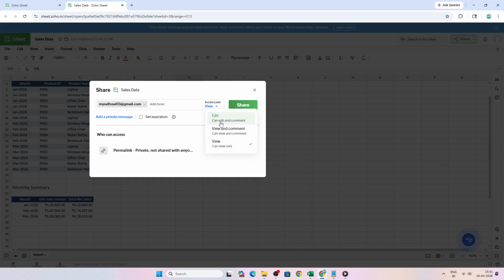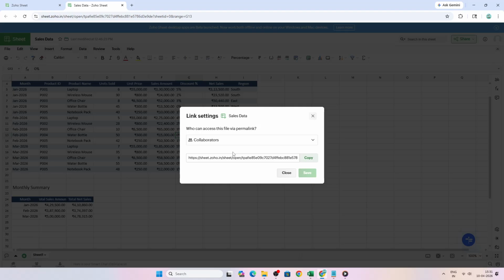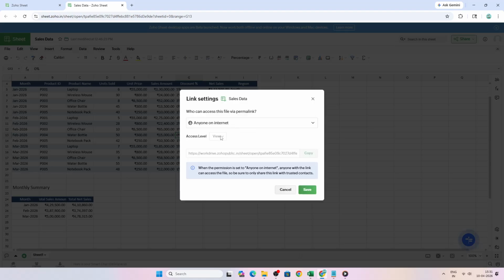You can also choose the audience scope before sending. Share with specific users if you only want named individuals to have access. Share with your organization if everyone within your company domain should be able to open it according to the permission you select. Or make it public if you want anyone with the link to access the file. Keep in mind that public access is the broadest option and should be used only when the content is intended